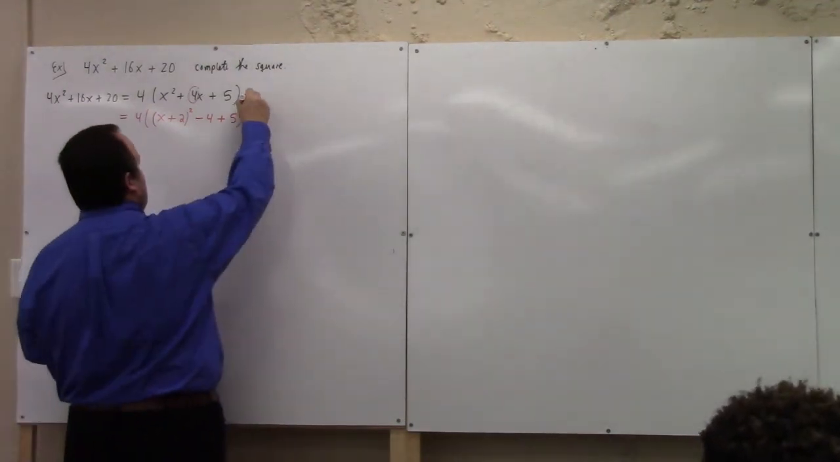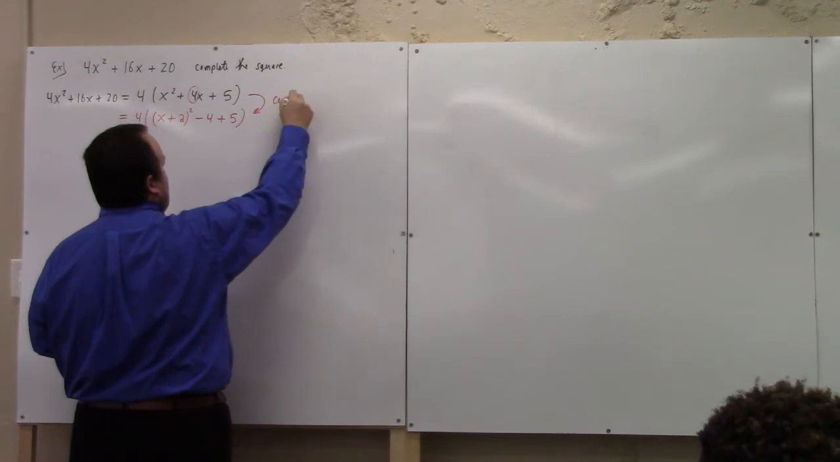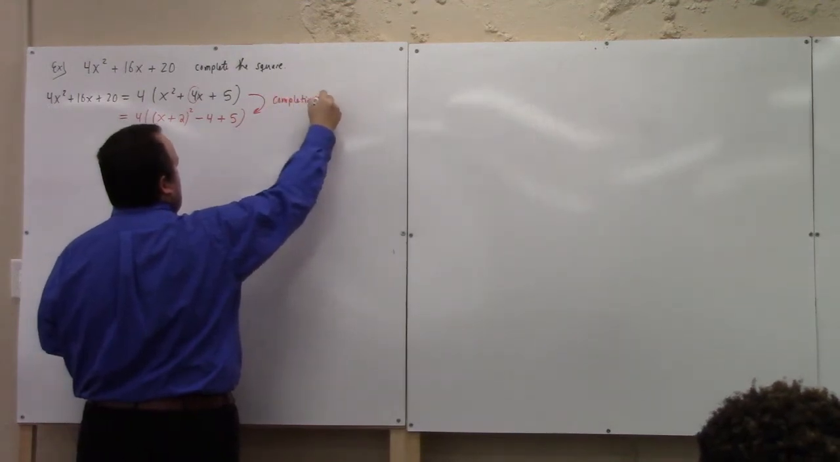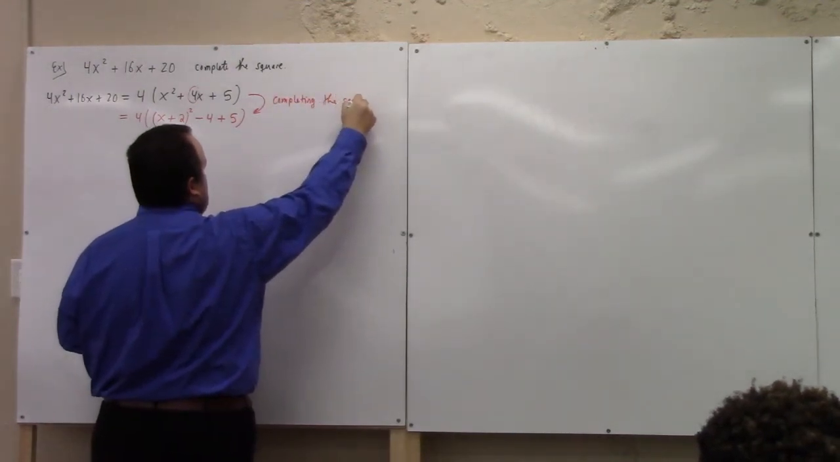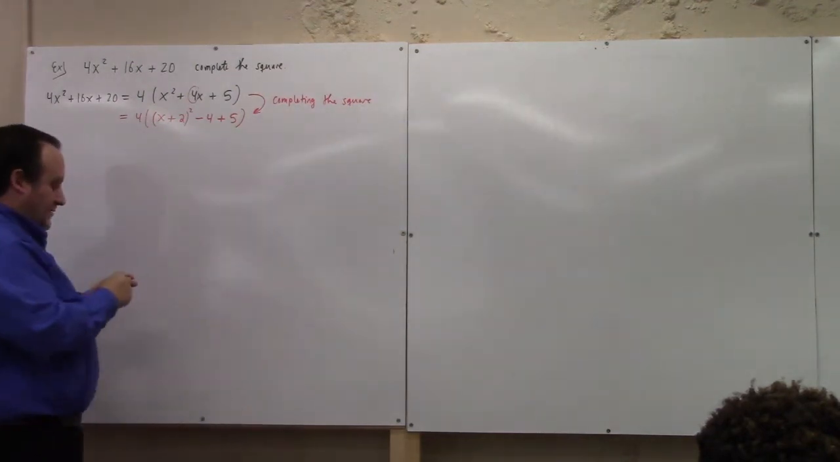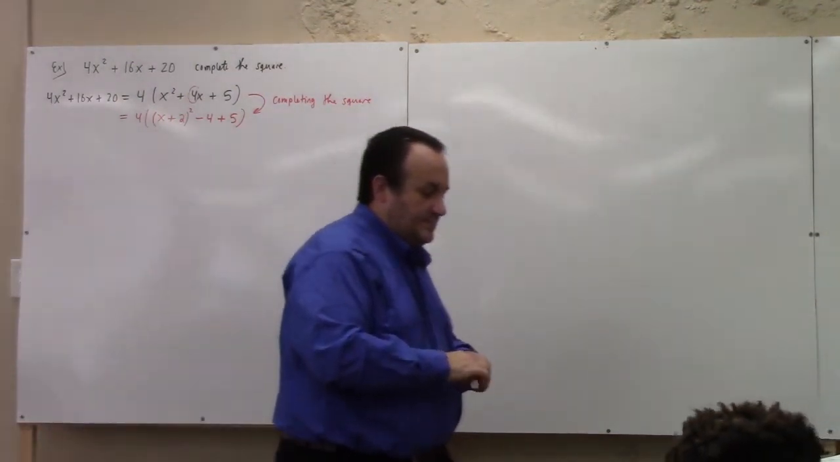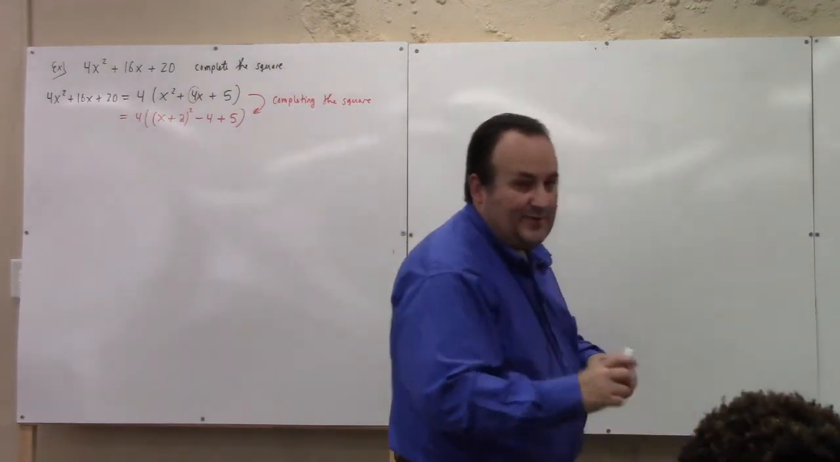That is completing the square. I got the minus 4 because otherwise it wouldn't be accurate. Let me break that down. If you're asking me how that number was created,